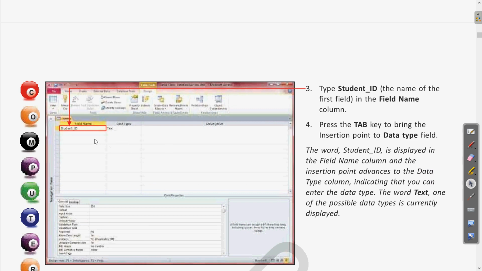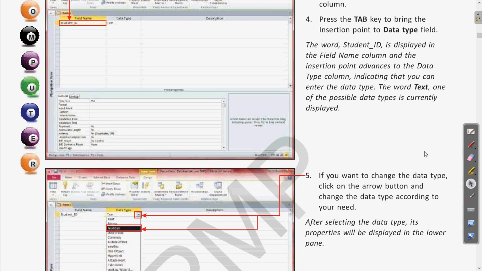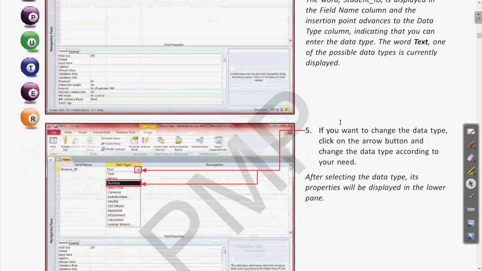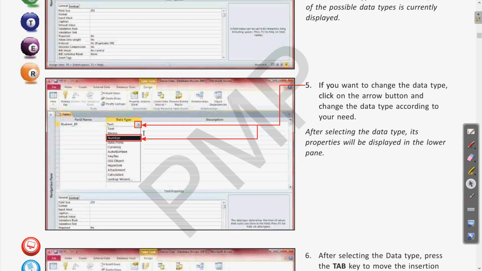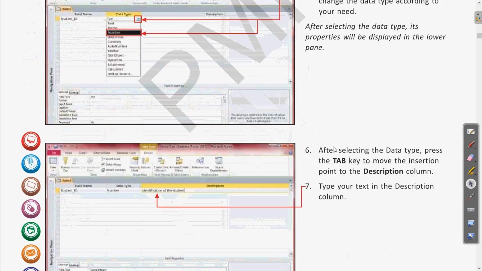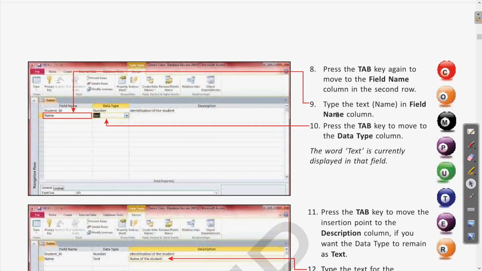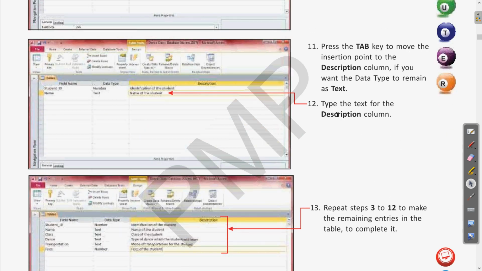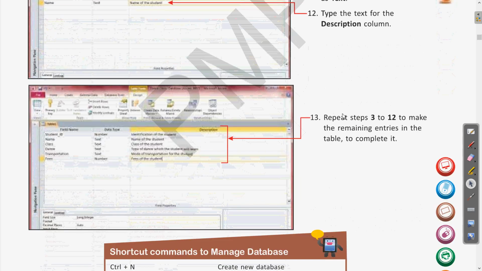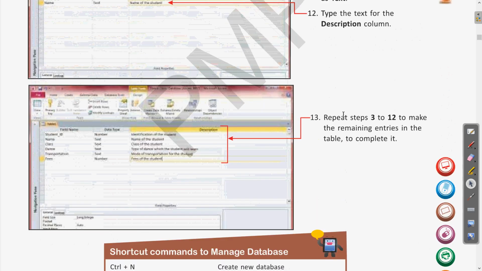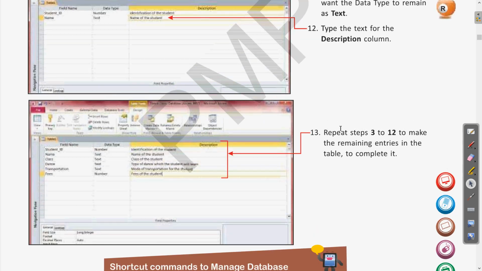After that we have seen the steps for how to enter the values in the field properties. Clear? In that we entered a few field names, the different data types, and also some descriptions. We have gone through these steps, chosen these data types, and entered a few values. I hope you have also gone through these steps in the previous videos as well as the textbook you have referred to. So let us come to these steps, from 1 to 13.